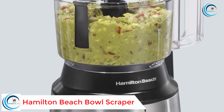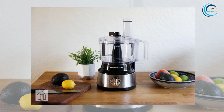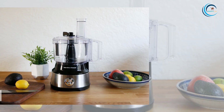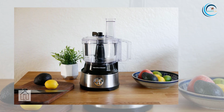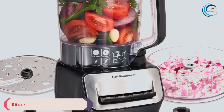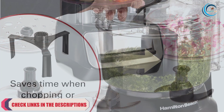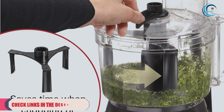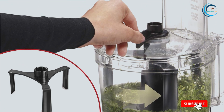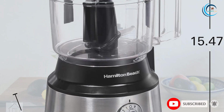Number 1. Hamilton Beach Bowl Scraper. One of the biggest frustrations in food processing is stopping to scrape down the sides of the bowl. All this stopping and starting is inefficient, especially when you need to get dinner on the table. With the Hamilton Beach Bowl Scraper food processor, you save time when chopping or pureeing. No need to stop and remove the lid to dislodge food from the side of the bowl. The built-in scraper does the work for you, and you can use it while the processor is on or off